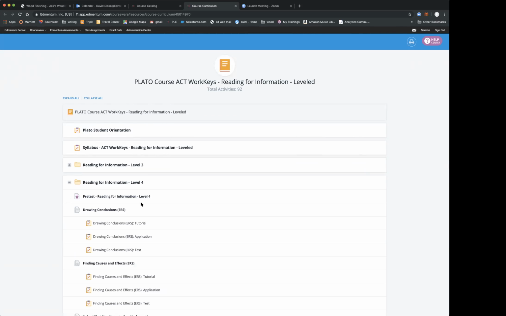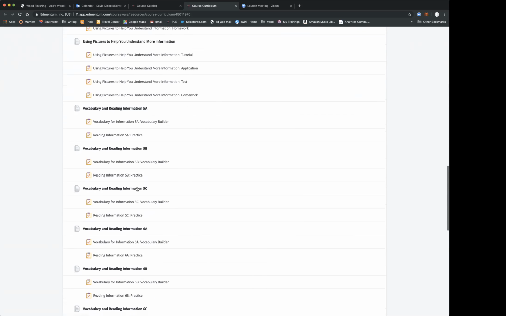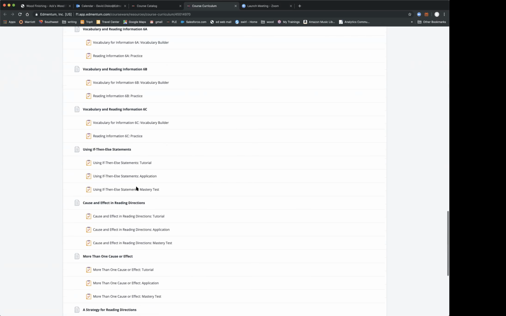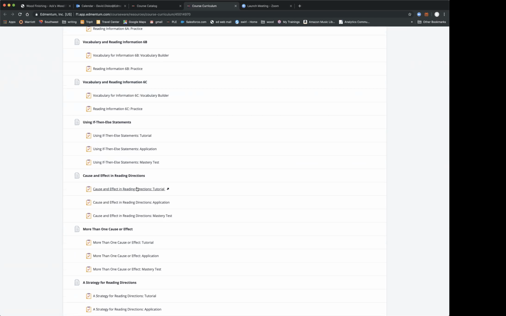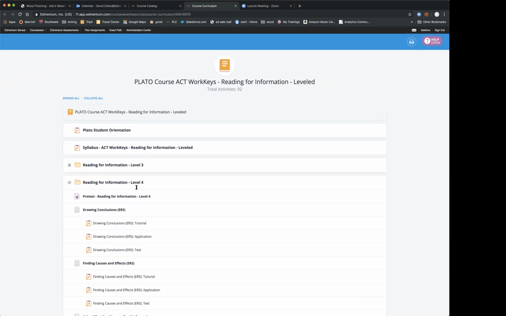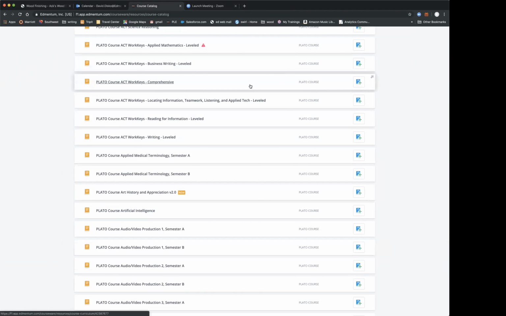You'll notice that in the reading section, reading for information, there is a pretest. So it goes in and it can filter out how much the student already knows about this, and then we'll focus them on exactly what they need to learn. So it does do kind of a placement, whereas I don't really call it a placement, I call it more of a filter. Okay, so it kind of filters them to the things they need to focus on.